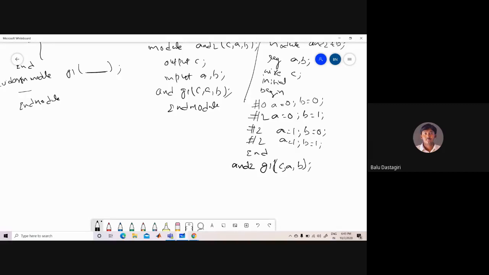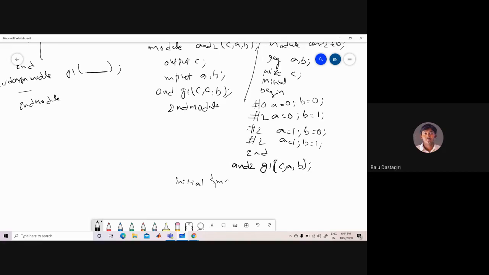So how we have listed the port names in the main module, we have to list them as it is here. After listing the port names, next we have to specify up to which time we want to simulate. Before that, there are some system tasks.